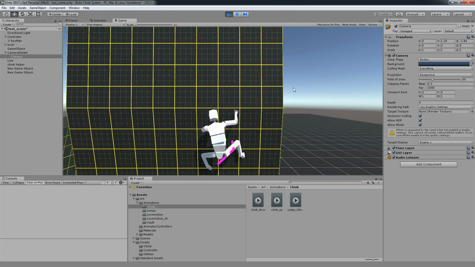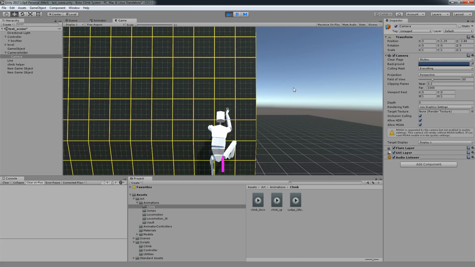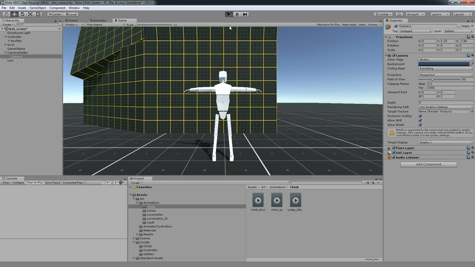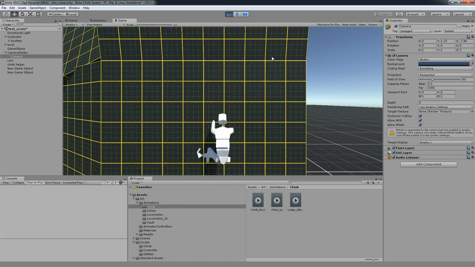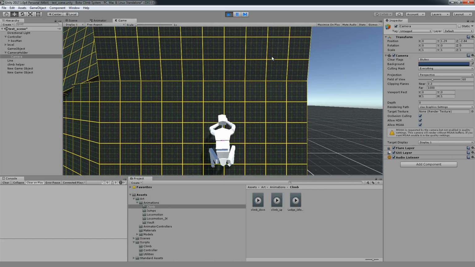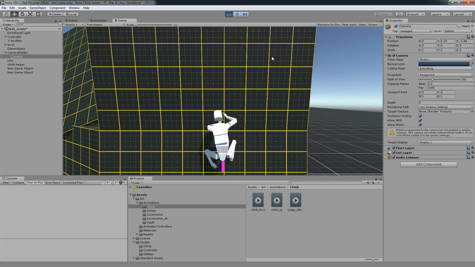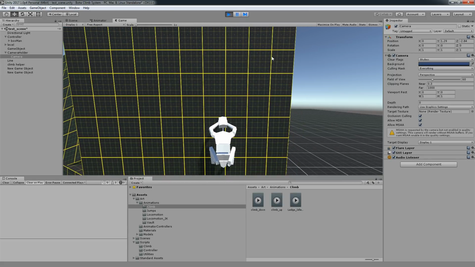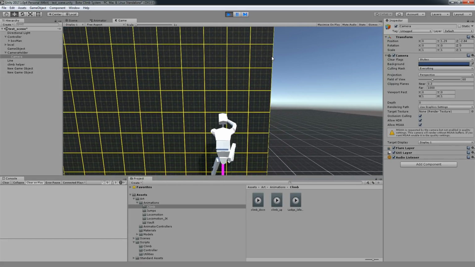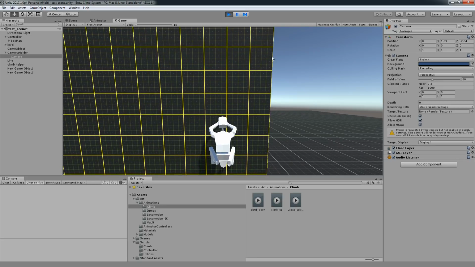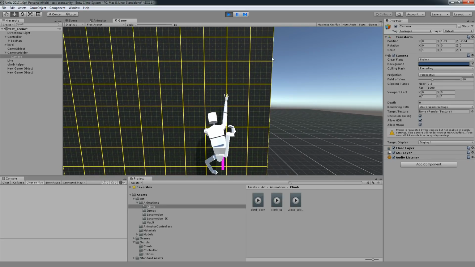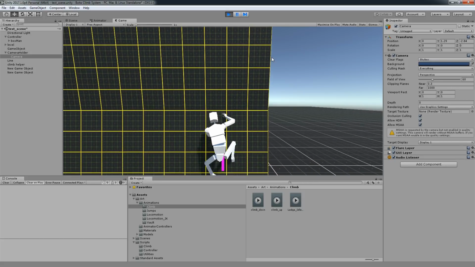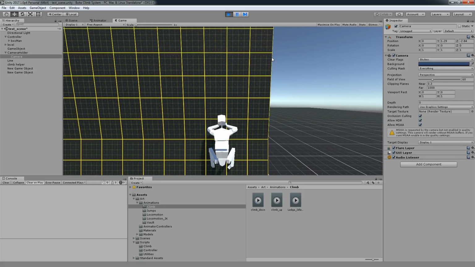Let's try and see when we get offsetted. I think we've already started being offset. Let's see. Okay. Yeah, so this creates an issue which I'm not entirely sure why it happens.